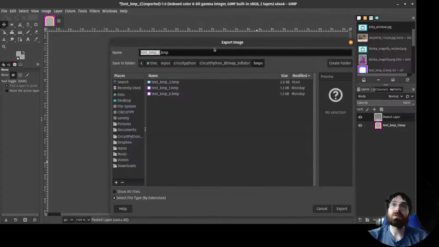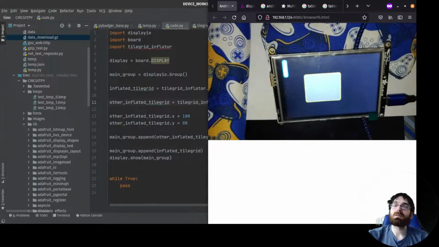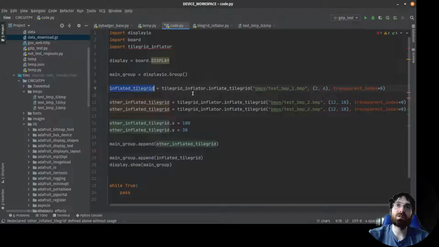Okay. Now this will be 3. And let me scoot this one up some. Let's put our new one at the very bottom edge, and let's start giving them